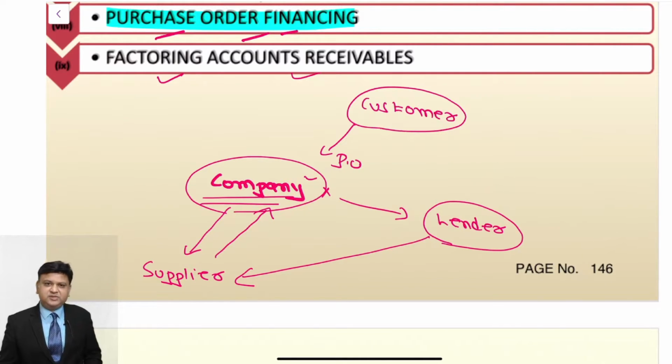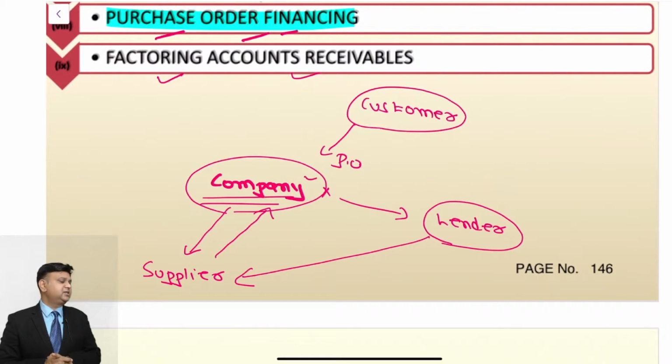Factoring of the accounts receivable, that's very simple. We know that the factoring of accounts receivable is very similar to bill discounting. You already have sold goods to the customer on a credit period of, let us say, 90 days. Whatever your uncollected receivable, say that you sell to a factor, your factor will make payment to you on an upfront